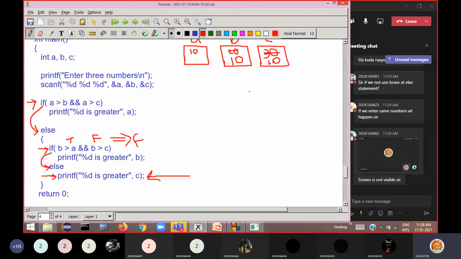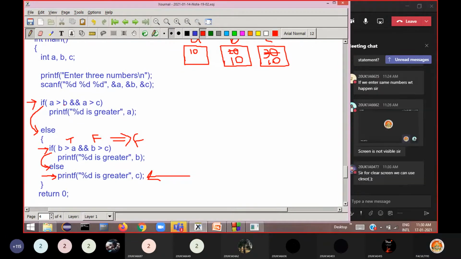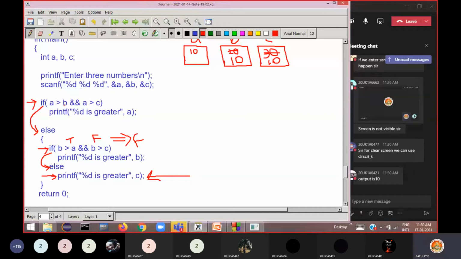Now, what happens if we enter three same numbers? Where will the message be printed from? You need to understand. Now see here. First it checks 10 greater than 10, true or false? Output will be 10.